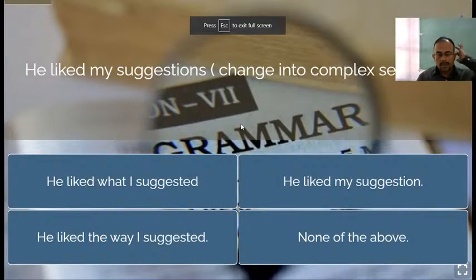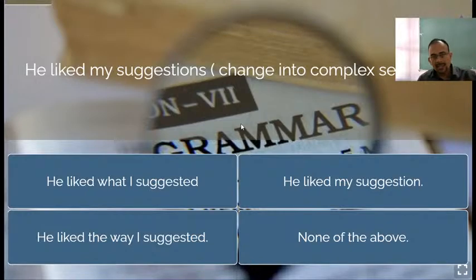Yes. So, dear students, tell me, he liked my suggestions. So, what should be the answer? When I go to convert it into complex sentence, what should be my answer? Tell me. A complex sentence. You may have forgotten, I think, by this time. But let me remind you: complex sentence means the sentence like he is the person whom I saw in the market yesterday. So here there will be one principal clause, one main clause, right? In a complex sentence, there will be one principal clause and another,